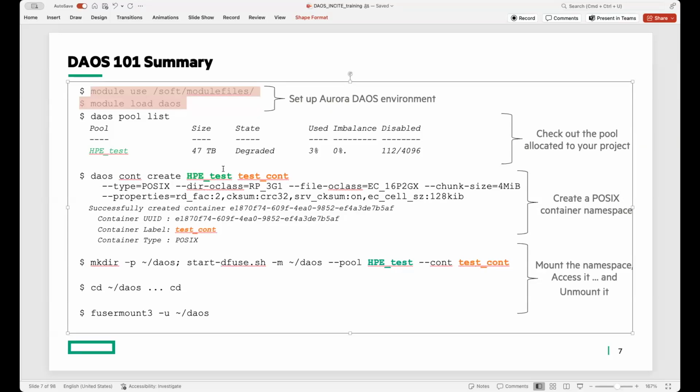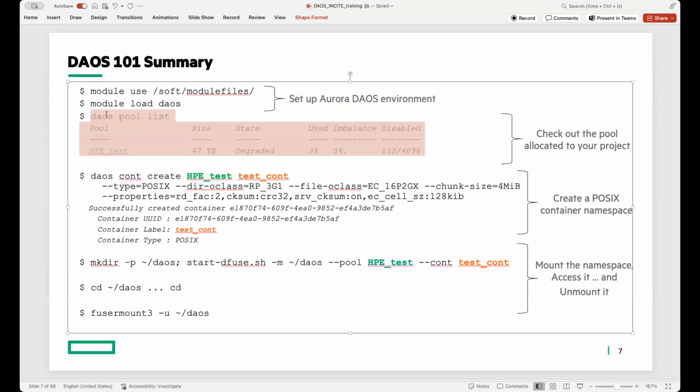Then normally there is a process you go through to get an allocation on the DAOS system. DAOS has the notion of pools that I will explain later. So assuming that we have gone through this internal process at the LCF to get a pool allocated, a space reservation allocated to your project, you were already granted access to it. So there was an ACL set up to allow you as a user to access it. So you just have to run daos pool list and you should only see the pool that you have access